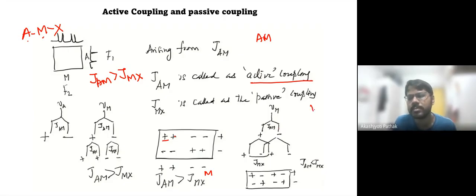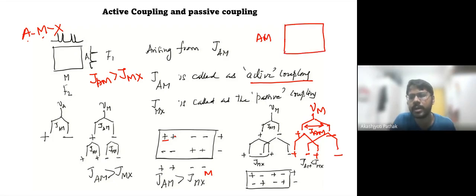First of all, your frequency M will be split into two. So it is actively coupled, so it will be split into a positive and negative signal. So this is your JAM. And then this will again be split by the X spin into plus plus and minus minus. Okay, now because it is weakly coupled, this minus signal will come over here. So what you will have here, if you try to plot the